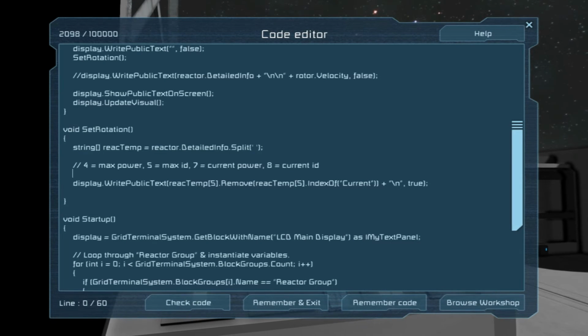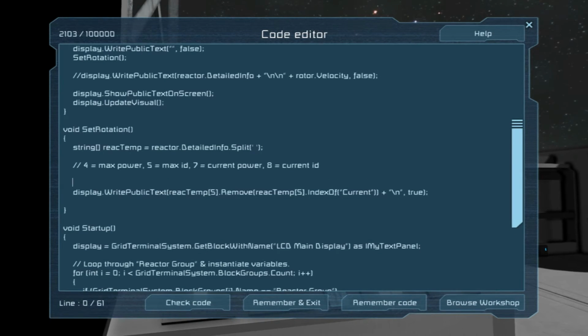So what we want to do here is create a new string. So we split it up. Now we want to do string, we'll say power data equals react temp. And let me go ahead and copy this because we're going to be using it a lot. Oh, and we'll do our own little stuff here.